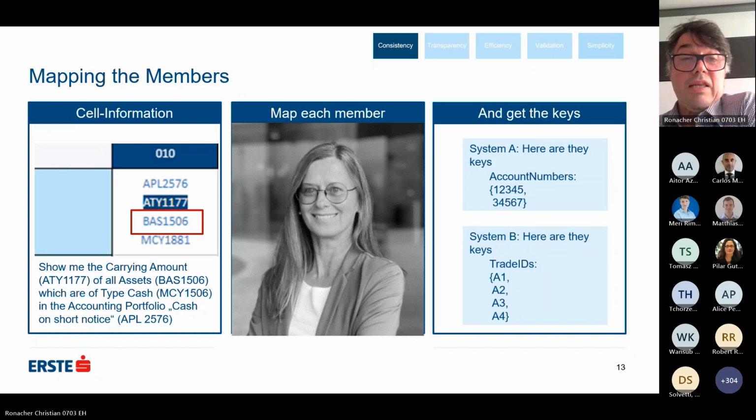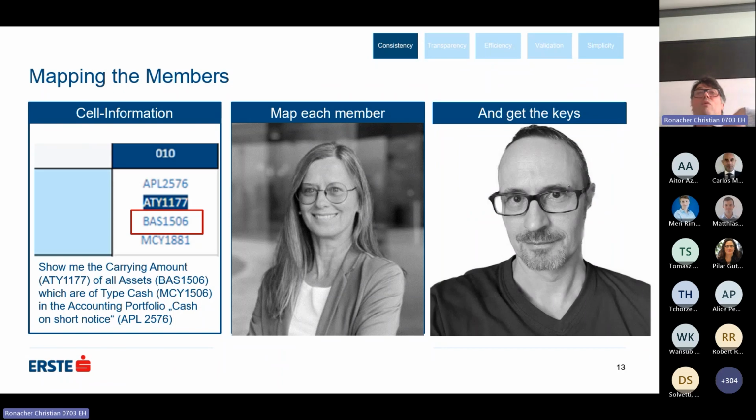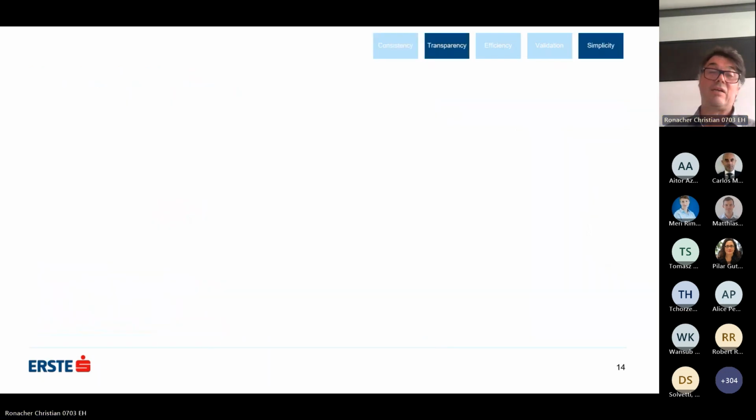And this was a lot of work. This was a lot of iterative work, and this was done by Christina. You always had to go back and forth and try out if the cells produce the correct results, and if not, which member is wrong, and things like that. But it also has to be done within the system. So this was done by Andreas, and those two people have to cooperate really, really well. So that was the key idea of how we can query any system, so to say. That has some limitations, but that was at least the key idea.